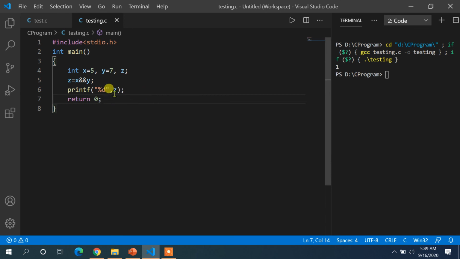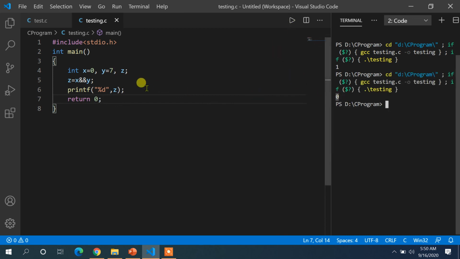Now in this particular example, suppose I make it 0 over here. What do you think should be the output? As one input becomes 0, the output must be 0. The other value is 7, but whether it is 7 or anything else, as one value is already 0, the output must be 0 for this case. Let me execute it. The output becomes 0. So I hope you understand the concept of the AND and OR operations as well as the assignment operator.